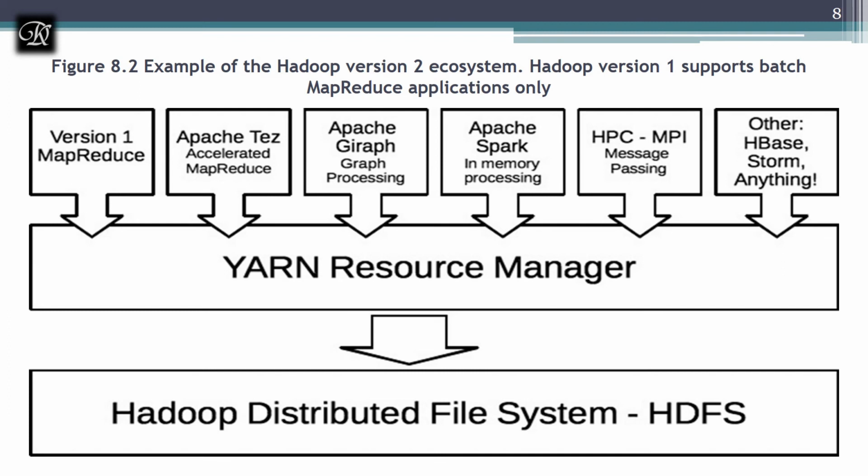This is the new ecosystem after Hadoop 2.0. Initially, as I told you in the first module, Hadoop had HDFS, MapReduce, and on top of that multiple applications running. But here you can notice that we came up with an intermediate layer between HDFS and MapReduce, which we call YARN, yet another resource negotiator, which is the resource manager. So it allows MapReduce to run, and it also supports